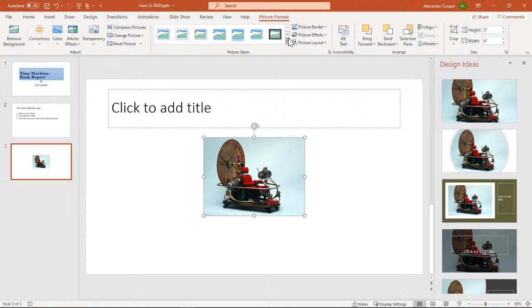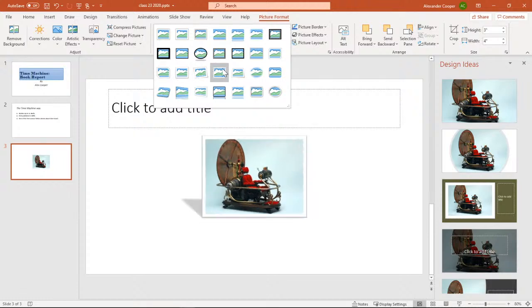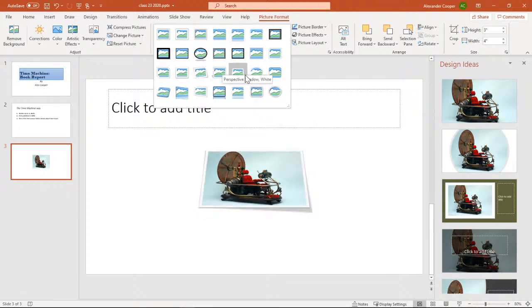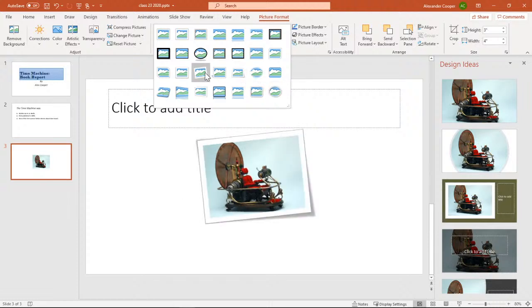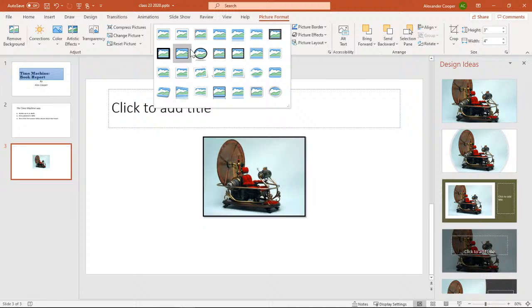which, even though this has been out since the 2007 version, it still looks pretty amazing to me that you can very quickly click here, and then it gives it some style, I guess you would say. Gives it a different look, kind of fits into what your theme is, gives it a reflection, gives it a different border. I like this one that kind of makes it stand up, makes it a little bit 3D. You can make it look like it's a photo laying on someone's desk. Turn it a little bit. This one's kind of neat for beach photos or something. Circle one.